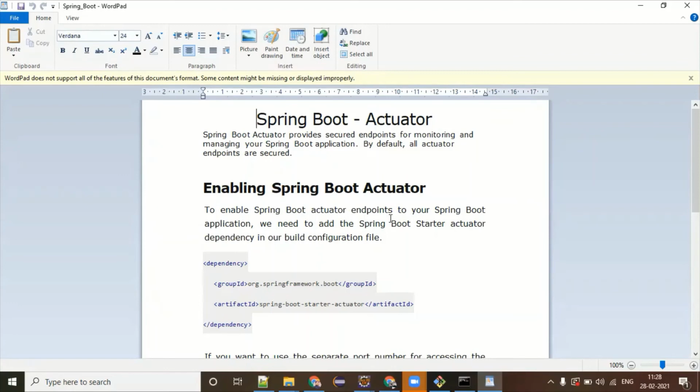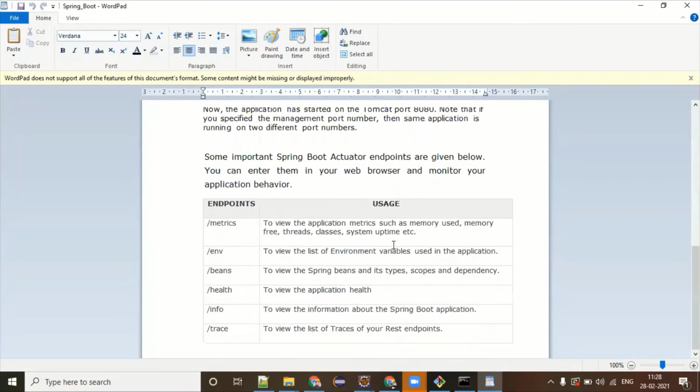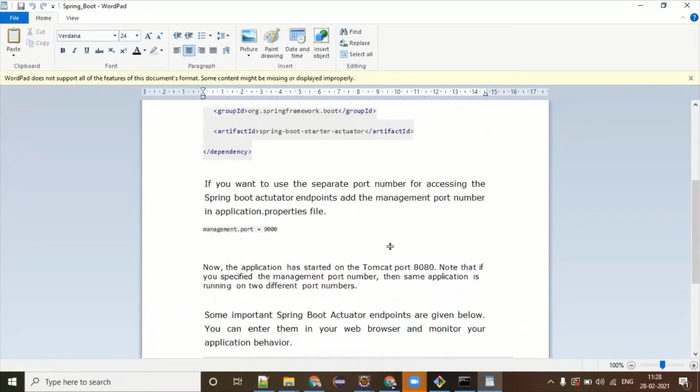So Spring Boot comes with one concept called actuator. Under actuator, you get lots of endpoints, and these endpoints tell you how you can monitor the status of your application. For example, let's say you want to know at a certain point of time what the environment is, what the active profiles are, how many beans there are, what the health of my application is. There are a lot of things you can do. Some of them I have given here, but there is much more than this.